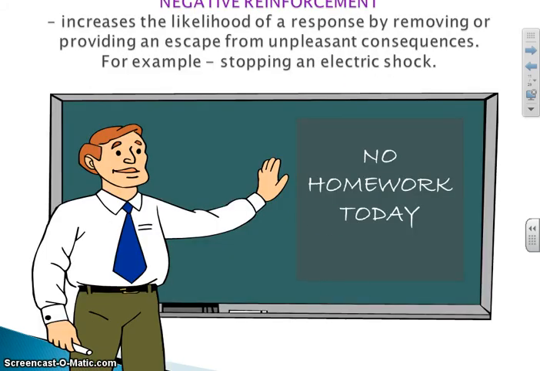The last one that people often have difficulty with is negative reinforcement. Negative reinforcement increases a behaviour. So if we negatively reinforce you, whatever behaviour you've just done will increase. And it works by removing an unpleasant stimulus. Like the rat in the cage, we electrocute it until it presses the button. Once it presses the button, the electric shock stops. The rat learns to press the button. The button pressing behaviour increases.